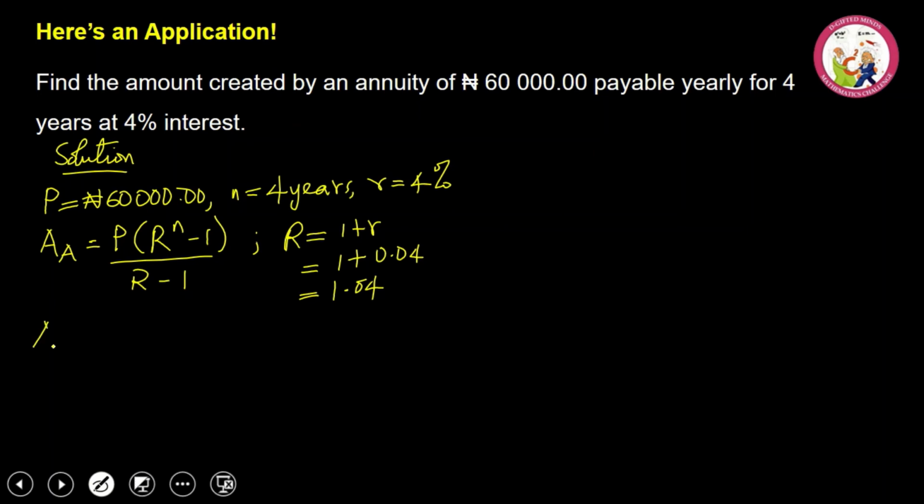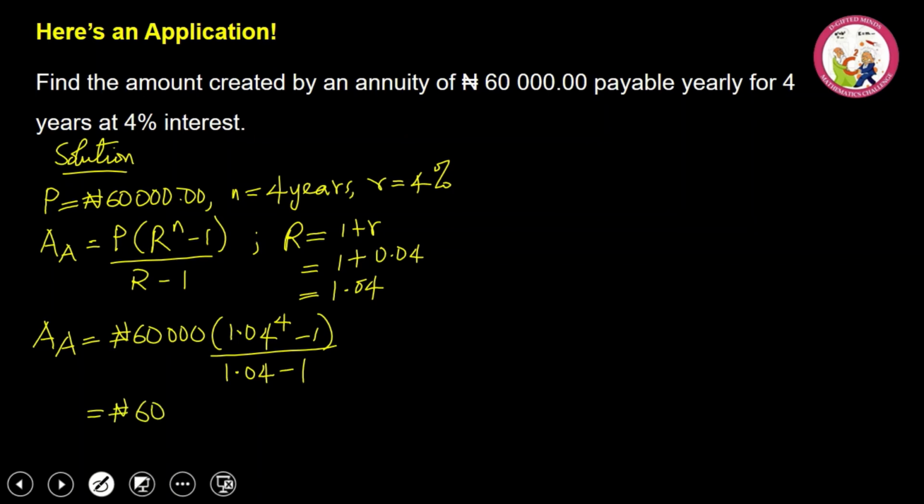Substituting these parameters, we have the amount of an annuity to be equal to 60,000 naira times 1.04 raised to the power 4 minus 1 divided by 1.04 minus 1,